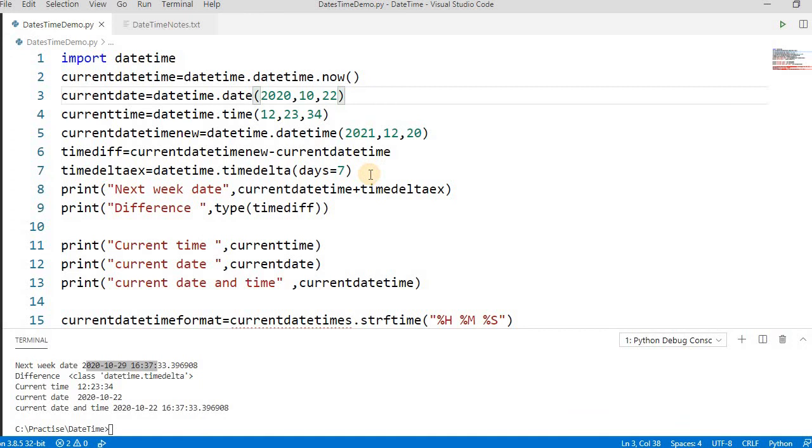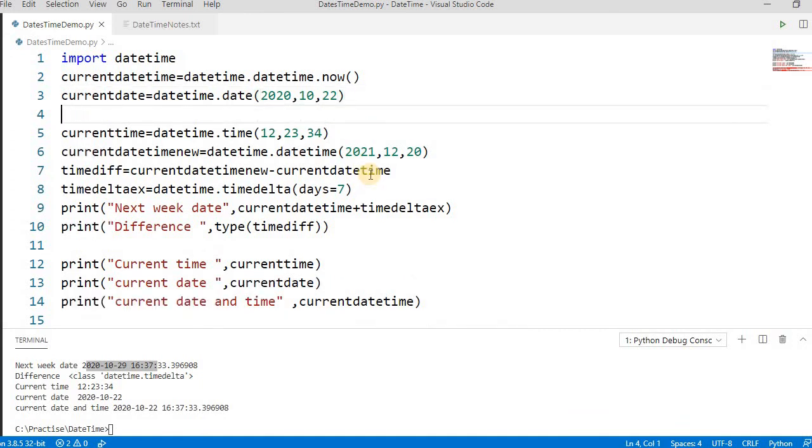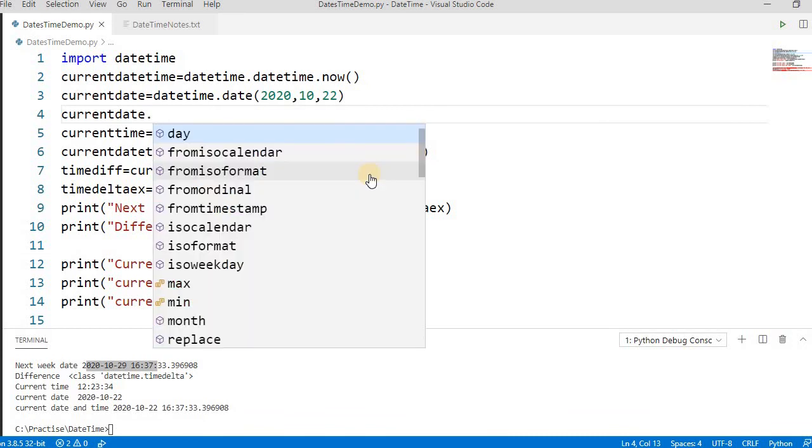If you only need the current date, we have other functionality also: you can get the date, day of the week, maximum, minimum, month, all are there. We just have to import this module. Rest all the functionality of the previous ones, like C#, Java or C++, most of the parameters of dates are covered here.